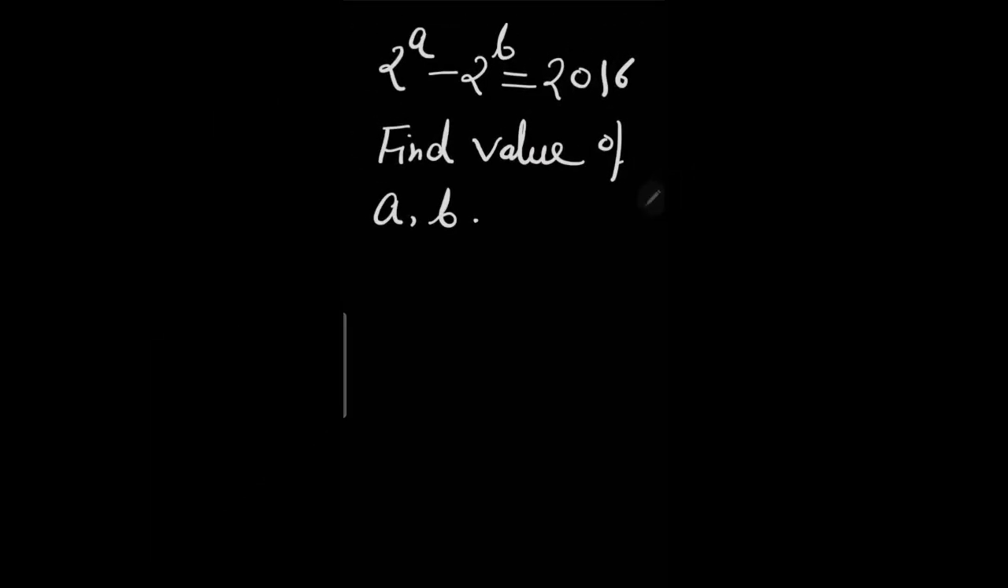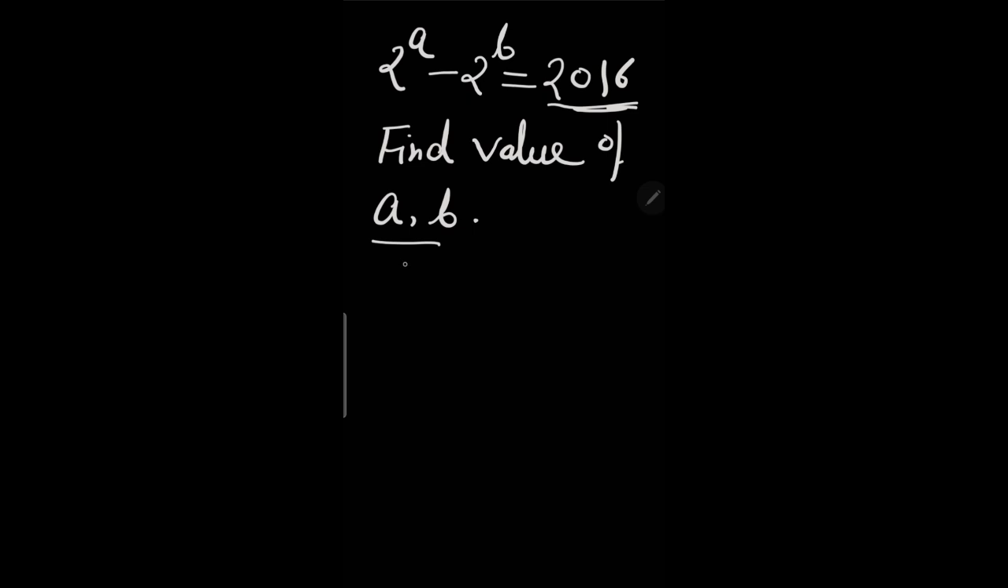Olympiad problem. In this question, it is given that 2 raised to a minus 2 raised to b is equal to 2016. Then we need to find the values of a and b. One thing is very clear: the result is positive only in one condition, when the first number is greater and you subtract a smaller number